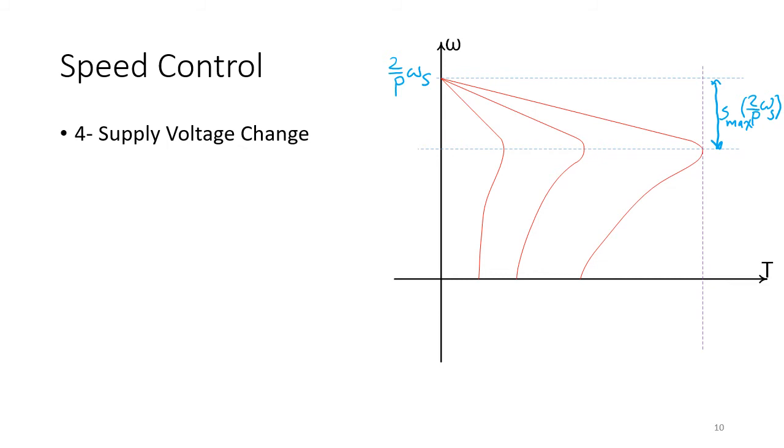By decreasing VS, the voltage, if we are in large industrial motors, RS is almost zero, so we're decreasing exactly ES. Omega is constant, so flux is decreasing. There is no danger of saturation. We are not worried about saturation here, but we also decrease the torque. So what's happening? The maximum torque is decreasing. So here we keep the omega as constant,